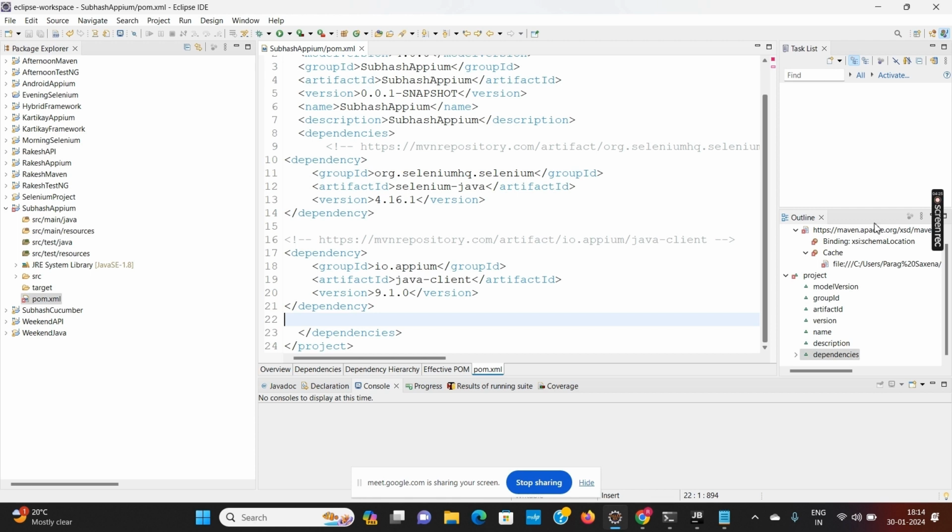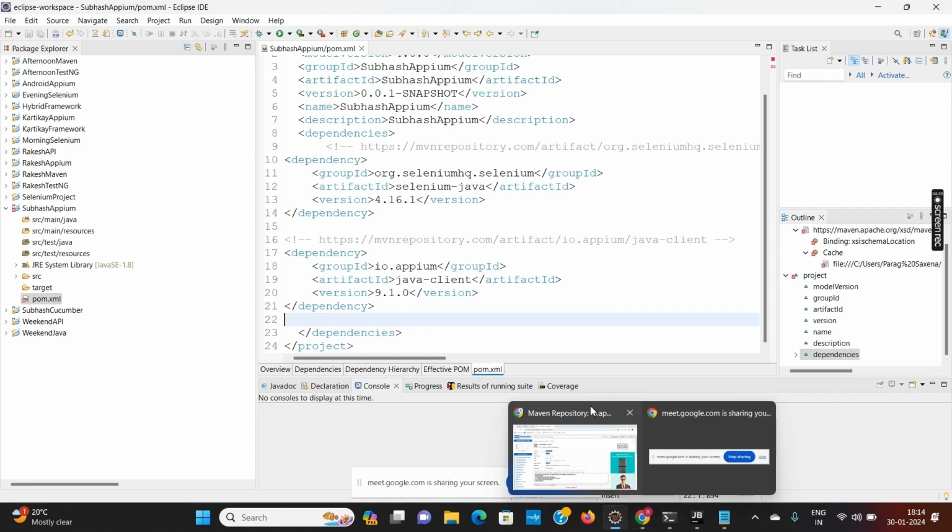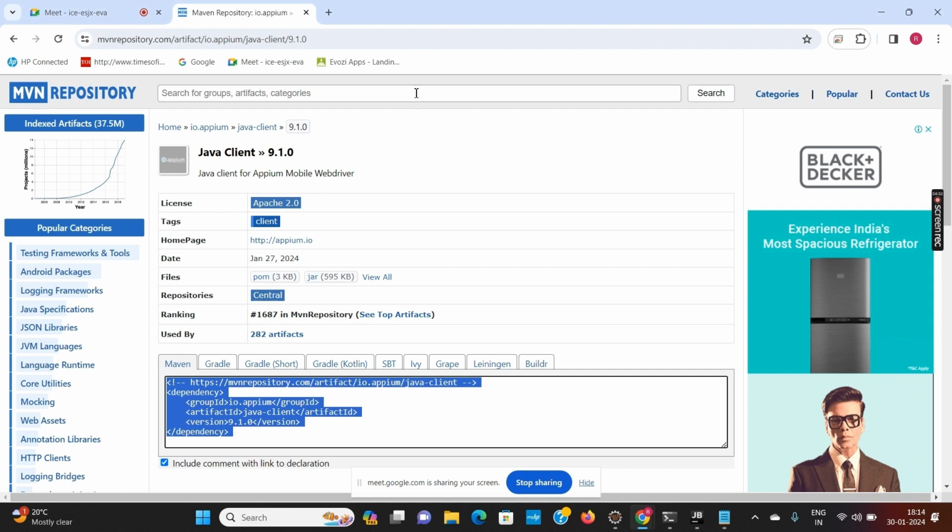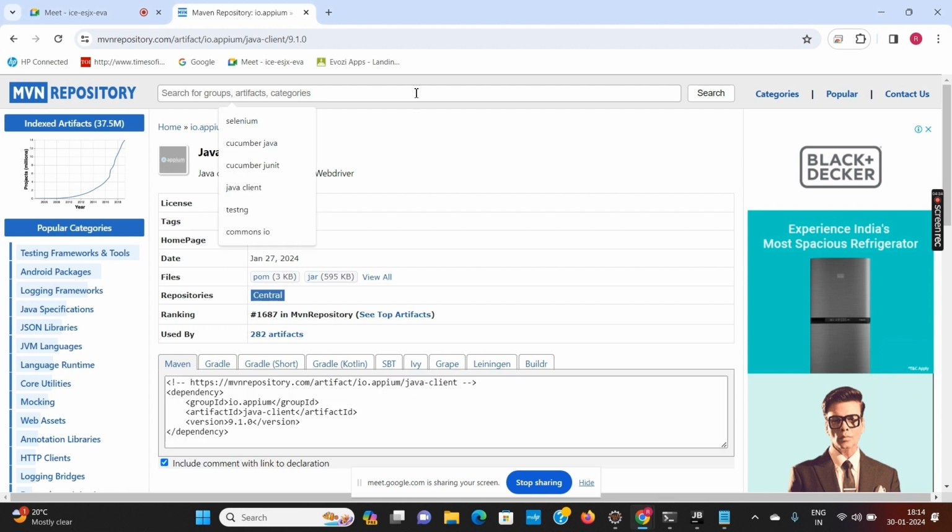So let me add the Cucumber framework because I told you Cucumber is easier to use and it has more features, like we can write a document file in it, so it will be more convenient. So you can use TestNG also as per your choice.